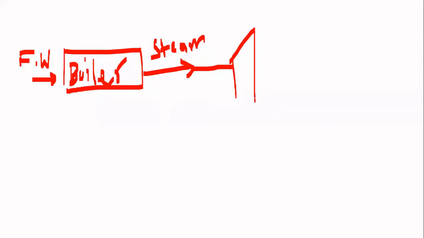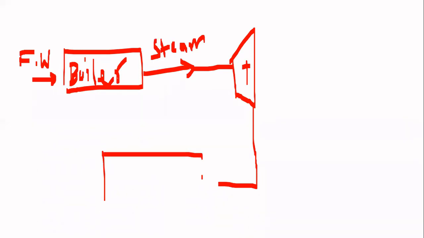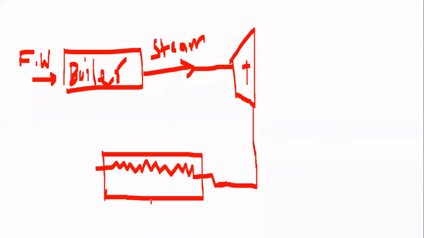Say here we have a turbine. The steam is passed over the turbine. After being passed over the turbine, expansion of the system is going to take place and pressure drop will occur. The next device is a condenser. Very good. I will draw a condenser like this. And the next device is a pump.